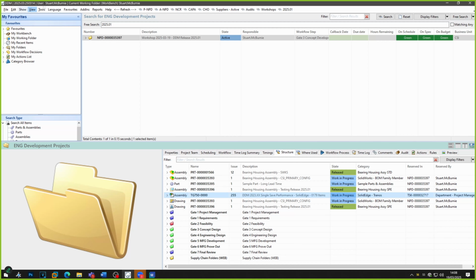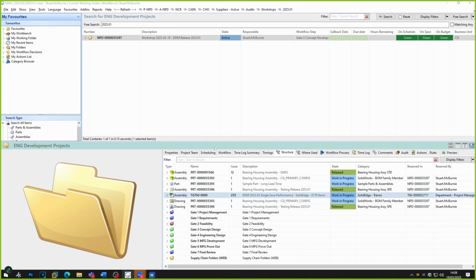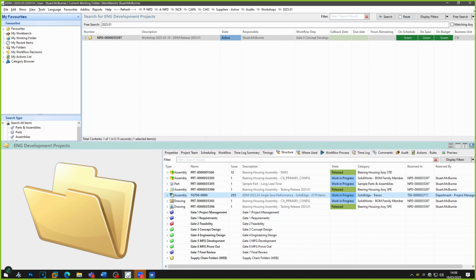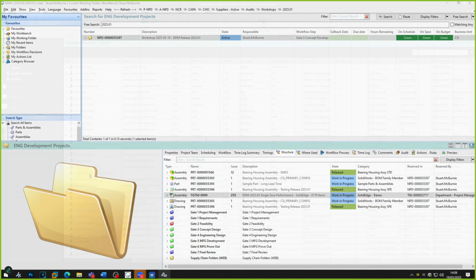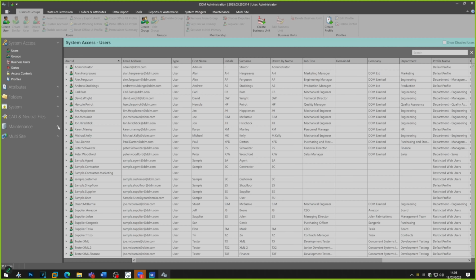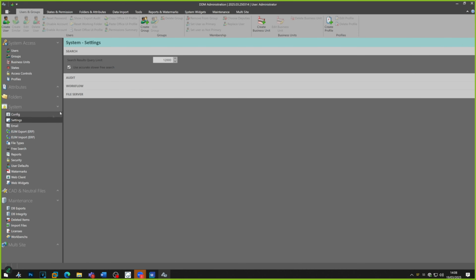and we're going to hop into the DDM administration tool. So if I go into DDM administration, there is a setting where you can adjust. So if I go into system, I want to be in admin settings, file server. I said I'd prepared this, didn't I? Sorry, admin settings, file server. I thought I'd done this. Settings, file server. So in this area here, you can set the maximum batch size